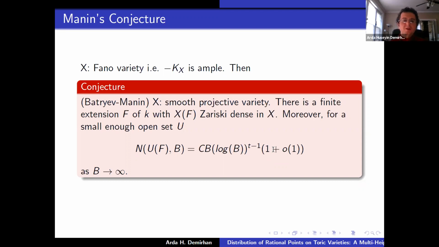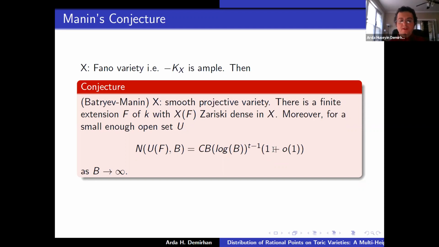So also, in the definition of a Fano variety, we ask the variety to be complete. Then we have the following conjecture. Let's say we have a nice variety, meaning smooth and projective. In some setups, we like to work with geometrically integral varieties. Then there exists a finite field extension F of k with F-rational points being dense in X, and moreover,